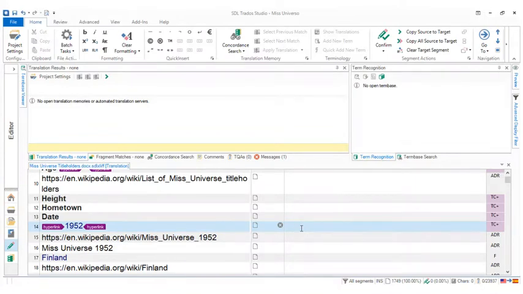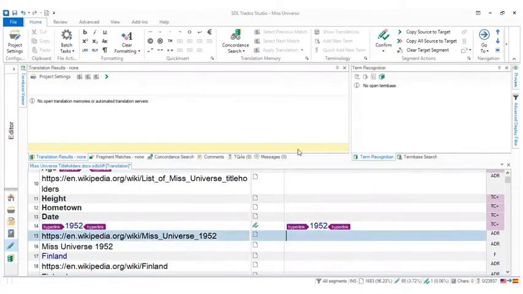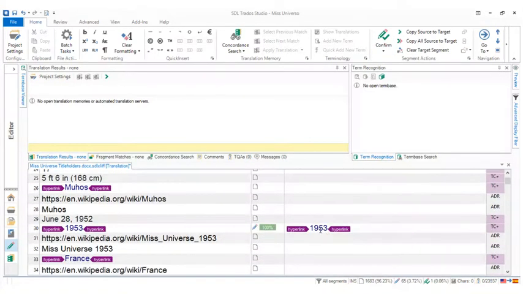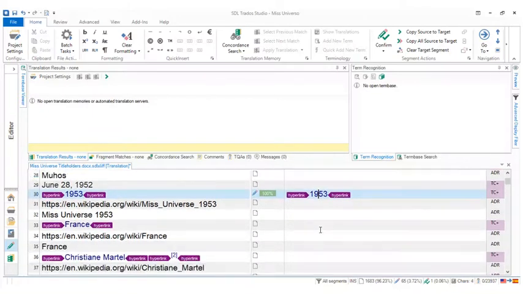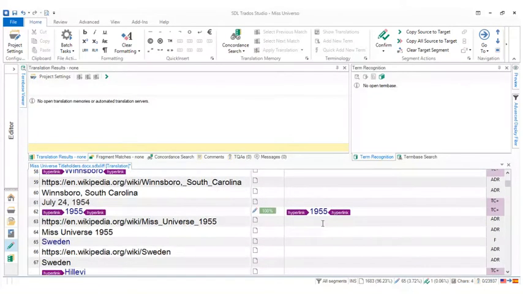I'm going directly to segment number 14 and doing copy source, to introduce the text as is, and then I'm going to confirm it. When I confirm this text, I'm going to see that a lot of the segments below are now populated. And this was done automatically, because they are 100% matches. So this match shows up everywhere that